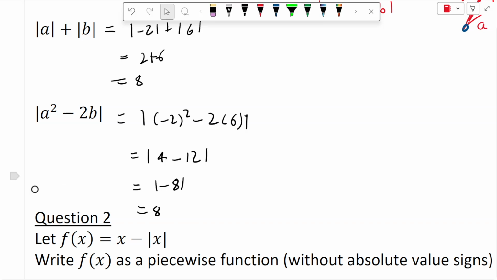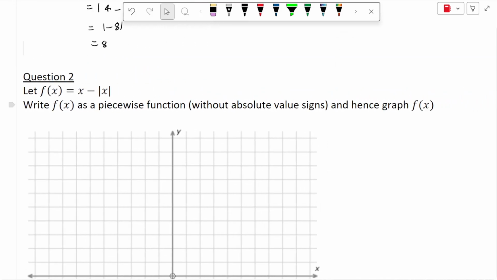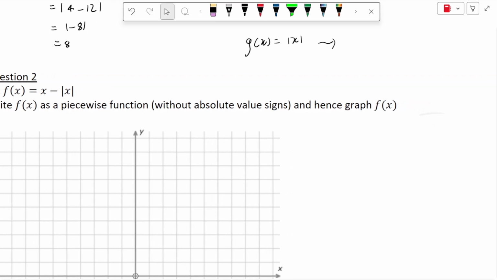Cool. Next, let f of x equal x take mod x. Write f of x as a piecewise function. So this is without absolute value signs. So probably best thing we can do first is to think about another function. g of x is just normal mod x. Well, g of x